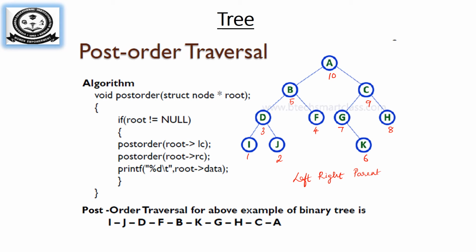Now check whether D has a right child. Yes, D has a right child. Is J a parent node? No. So J is getting printed. Now both the children of D are printed, so D will be printed. Now B's left child D is printed. Check the right child, F. Is it a parent node? No. So F is getting printed. Both the children of B, D and F, are printed, so after that the parent node B will be printed.